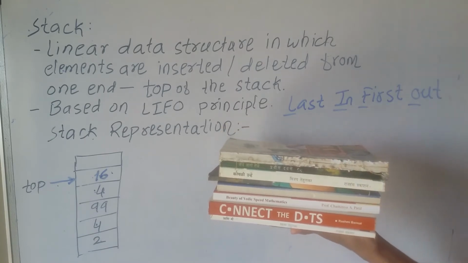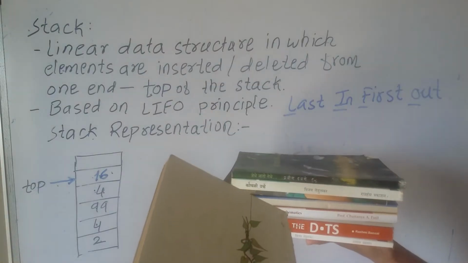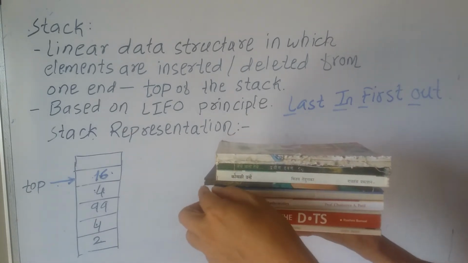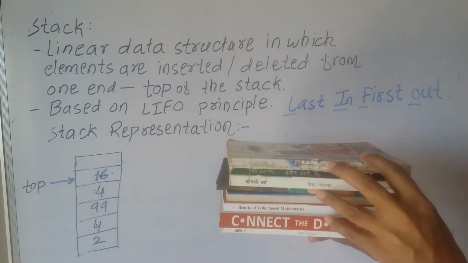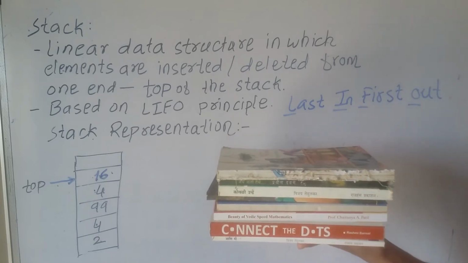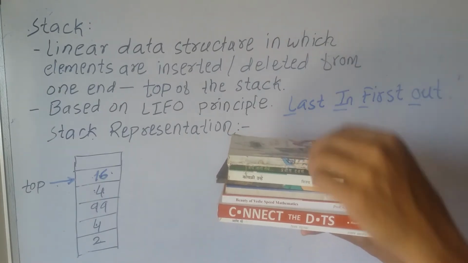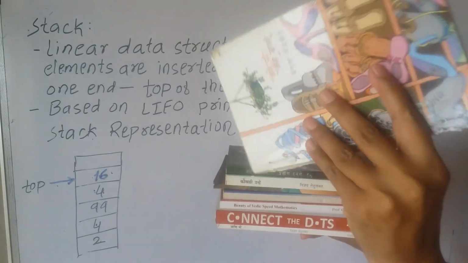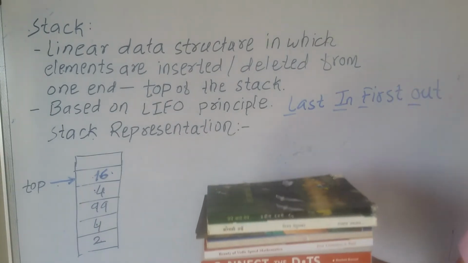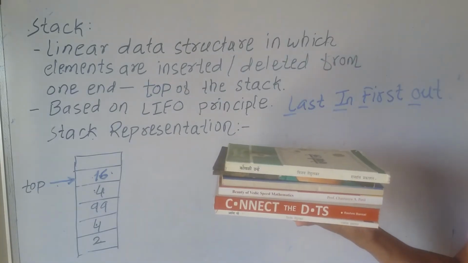Now if I want to take out a book, I can only take out this top book. This is the normal way. I cannot insert or remove a book from anywhere else in the stack. Only one end is available. If I want to insert a new book, this is the only end where I can keep it. And if I want to remove a book, the last element inserted is deleted first. On the next delete operation, the most recently added element is removed from the stack.